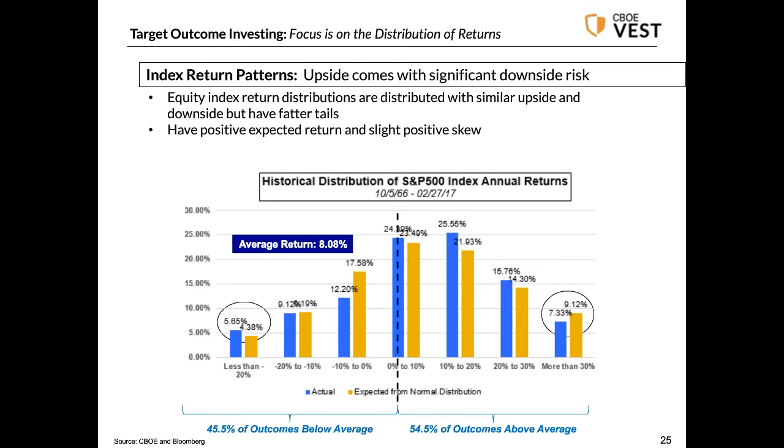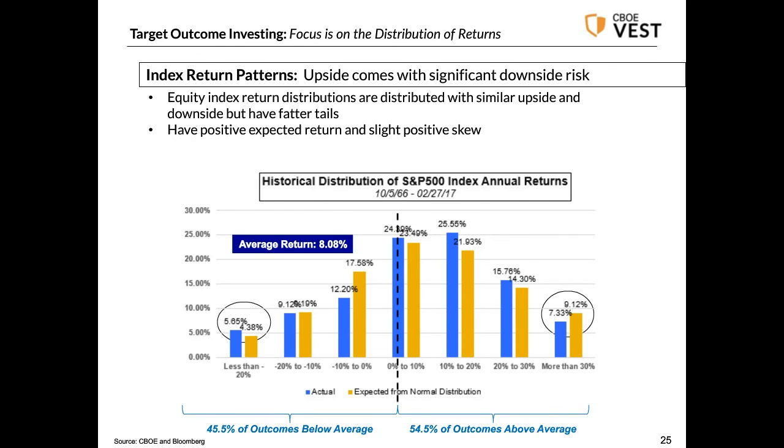So back to the picture of the return profile. I think this is a little bit different than I showed you before. This is a distribution of annual returns. So you can see the average return is 8%, but you also see the same thing we saw before, that the return distribution has a higher likelihood of extreme negative returns, a little bit higher likelihood of moderate returns, and less likelihood of the high returns.